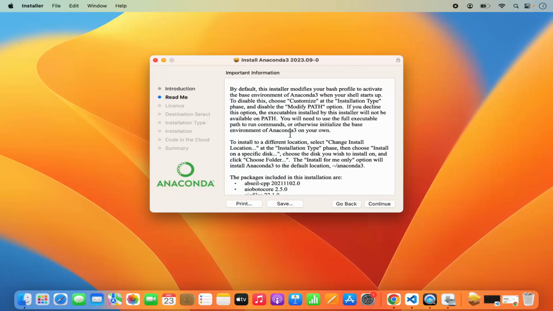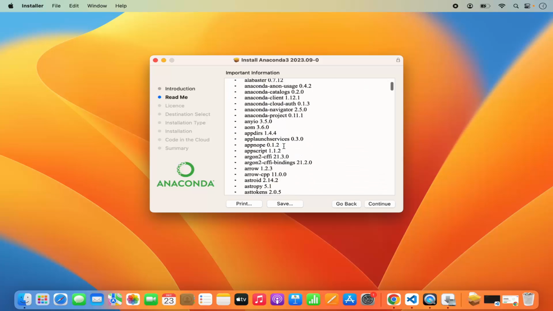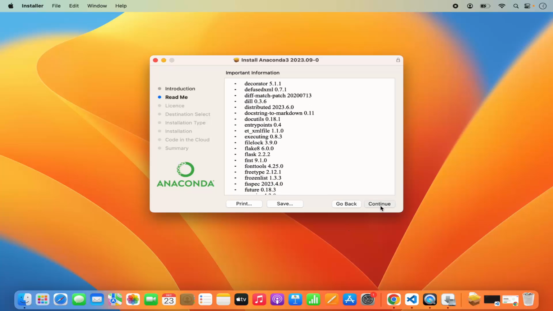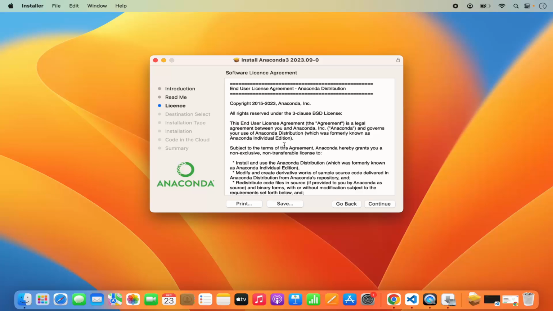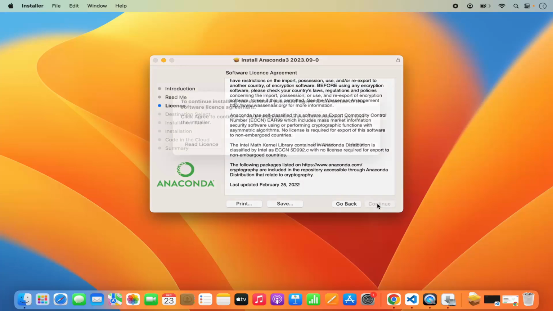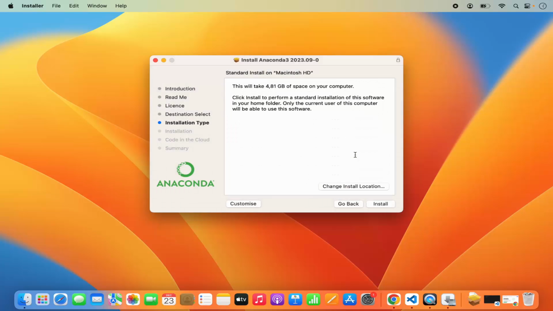On the next window, you will see some important information about Anaconda, so you can read this information, and once you are done, click on continue. The next window will show the software license agreement window. So you can read about this software license and then click on continue. And then if you agree with the license terms and conditions, click on agree,